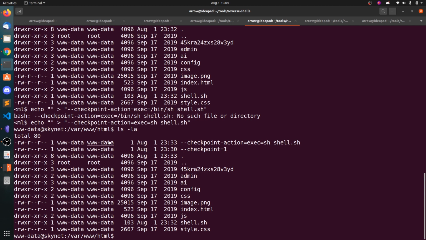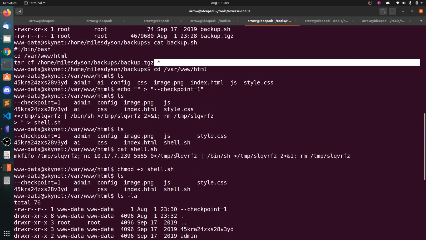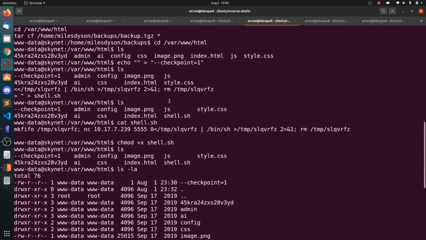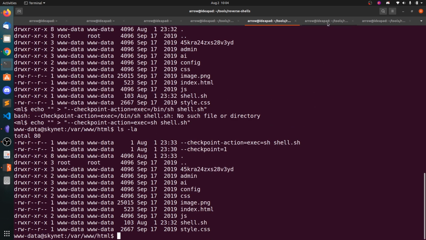So okay, this tar privilege escalation is easy once you understand these two arguments. There is a checkpoint, and whenever a checkpoint has been reached, we need to execute some command. So we have placed the shell.sh here and we made it executable, and whenever the cron job runs, the star means all the files, so it will include all these in the command line. So it will expand like this: tar cf backup, --checkpoint=1, --checkpoint-action=exec=sh shell.sh. That's how we got the root.